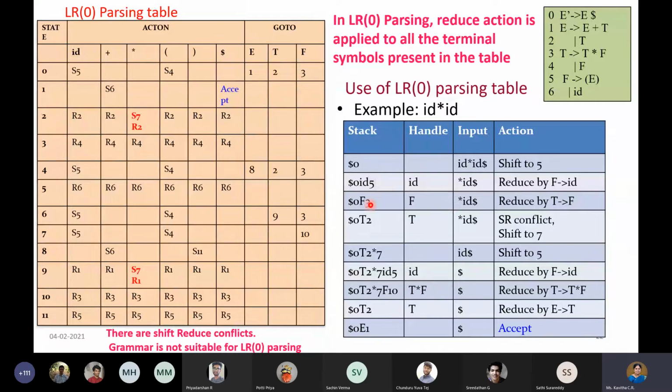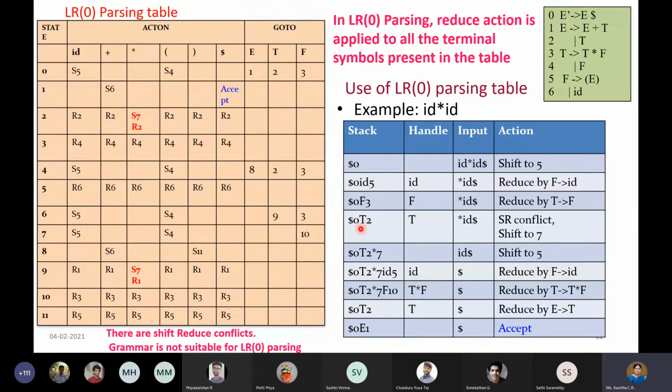So I will start from the top. So top symbol 3 I am going to remove first. Then I am going to remove F. This is what I am supposed to remove, right? So I removed that. Now in place of F, I am going to push T. Is that clear? Yes, ma'am. Okay.